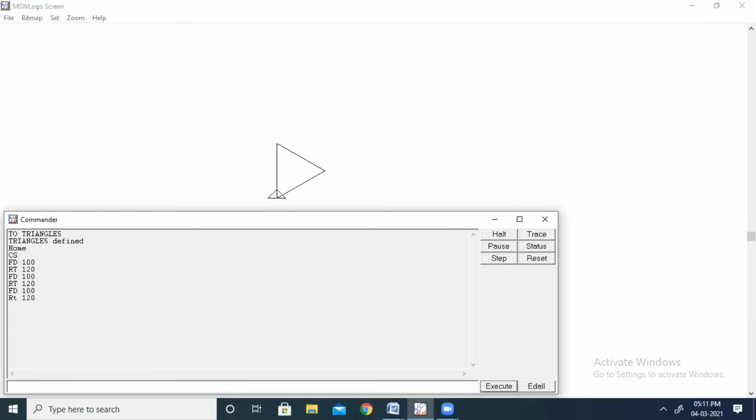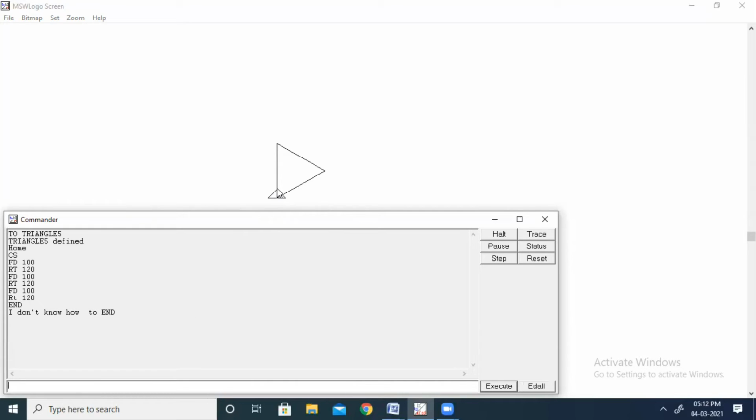Enter. After that, you can write the END command to end the procedure. It means the computer will come to know that you are not going to enter any further commands. Here you see, I have taken all three lines of code for drawing a triangle.